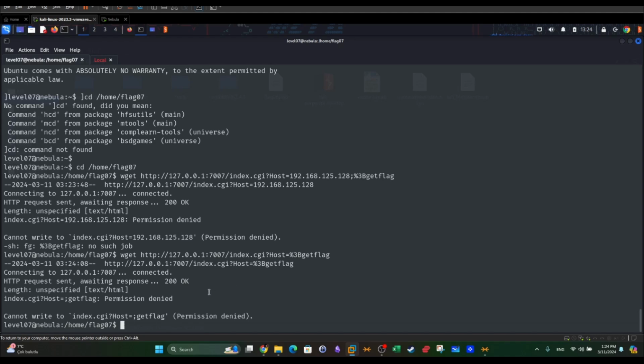This is because maybe you're trying to save the file in the flag07 account without the appropriate permissions to save the file under this directory. I'm going to change this to temp